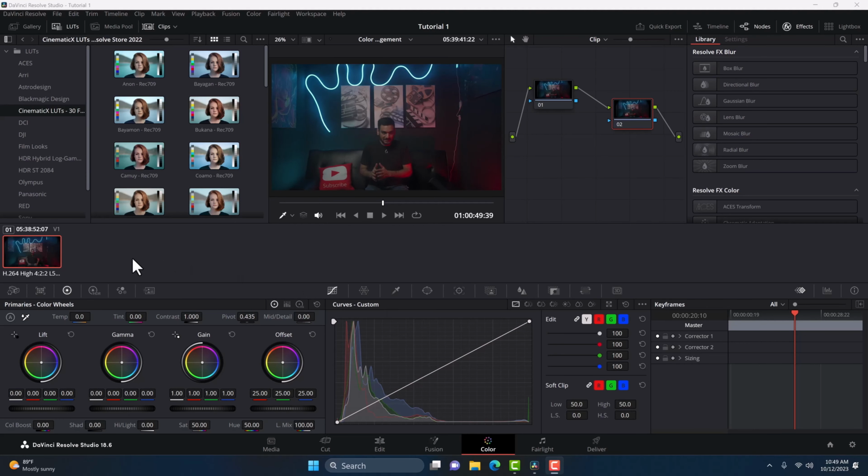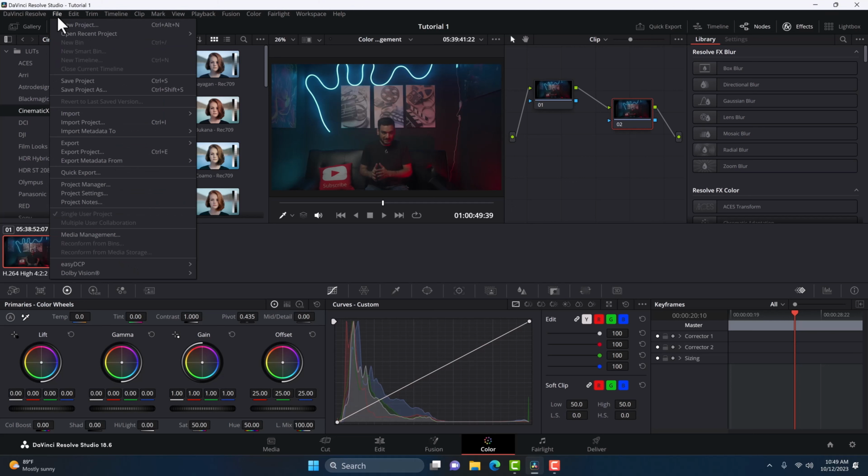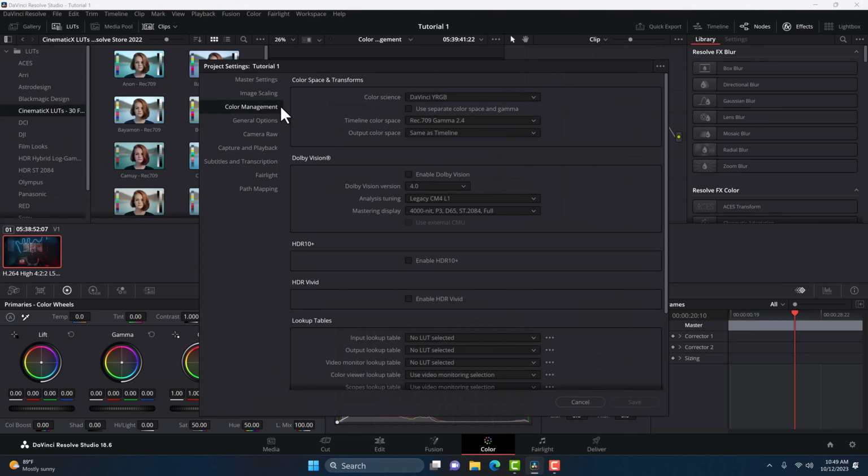Okay guys, so to ensure that you are in fact working in a Rec. 709 color space, go to your project settings under File, Project Settings, then go to Color Management, and here under Color Science you're going to select DaVinci YRGB from the drop down menu, and you're going to select Rec. 709 Gamma 2.4 under Timeline Color Space, and same as Timeline under Output Color Space,